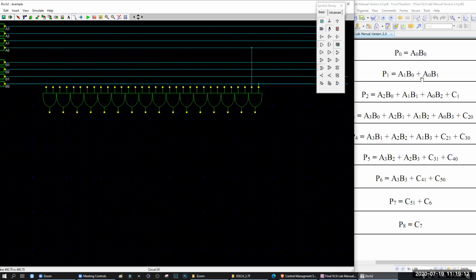Like this. Then next one is A1 B0. So this one will be going A1 B0. Next one A0 B1. This is A0. This is B1, right? Like this. So that's why we have given a gap. Why gap? Because I will understand this is our A, this is our B. Next one what?